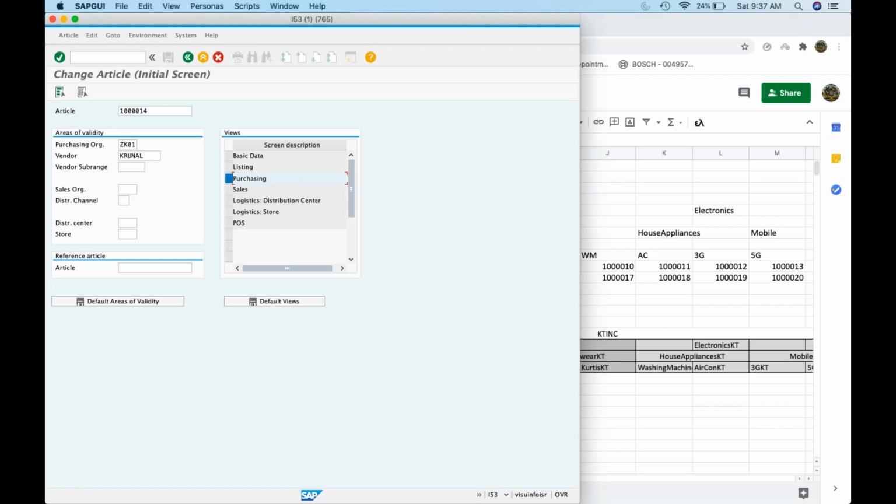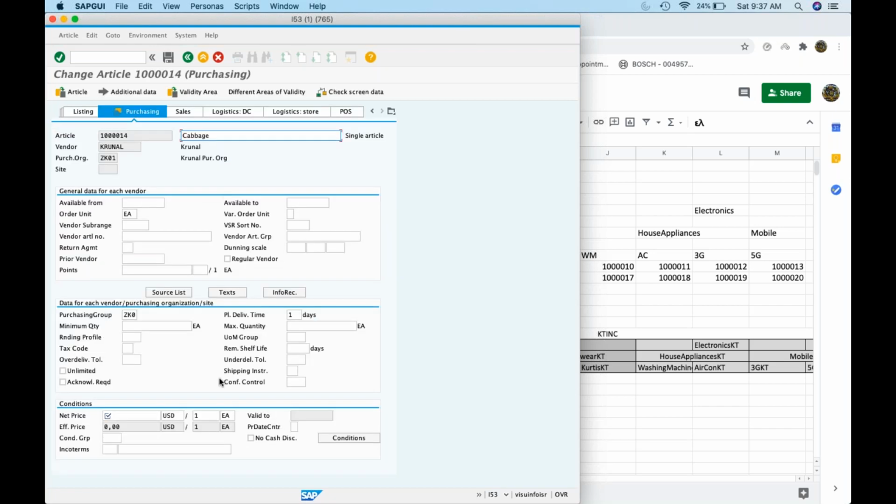If you go to purchasing, here you maintain the price, say for instance 12 USD. The moment you enter 12 USD, you are entering the purchase info record. If you maintain it in the article master, it indirectly calls that ME11 transaction.